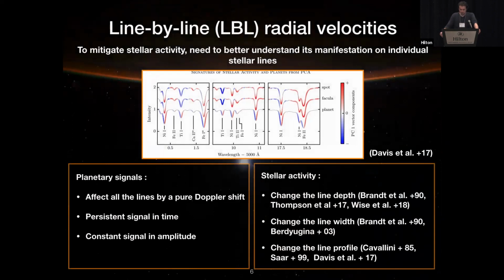So one thing is that I think we are all somewhat in agreement that we have to leave the CCF domain and go back to the spectrum, because this is where the information is. It has a lot of implications about the signal to noise ratio of your observation. And typically, if you want to measure distortion of your line profile, it can be the change of the depth, the width, the bisector. It has implications about the signal to noise ratio that you target.